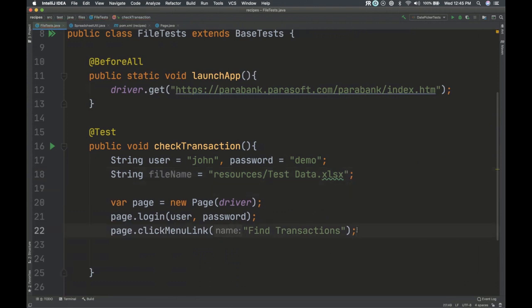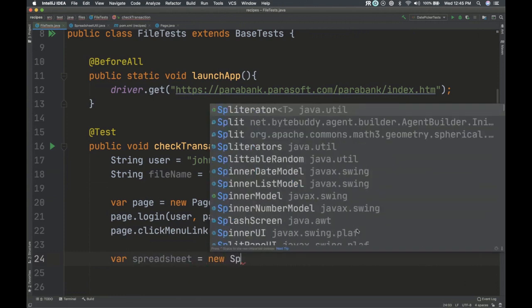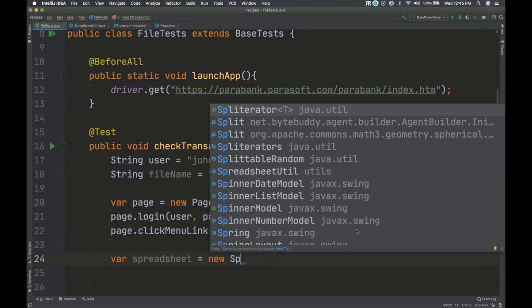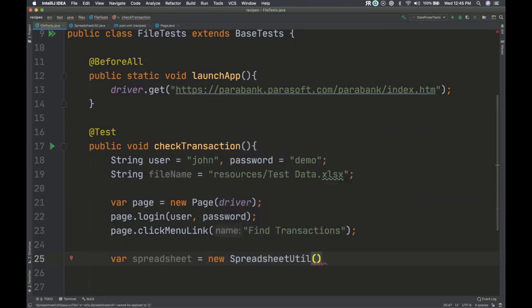We log in, we go to the link, and now let's go ahead and make the spreadsheet in here. Spreadsheet equals new, and we'll call our utility method. Yep, and give it our file, new file, giving it that file name.